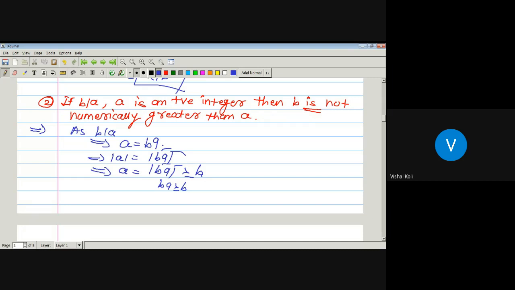But suppose this B is negative and Q is positive, then its multiplication is negative, but as there is a modulus, its modulus value will again be positive. But B is negative, so in that case the modulus of B into Q is strictly greater than B. Similarly, if Q is negative and B is positive, then this product is negative but its modulus value is again positive, and it must be greater than or equal to B. Which implies A is greater than or equal to B always, whenever B divides an integer A.